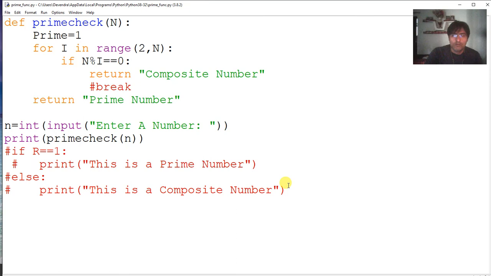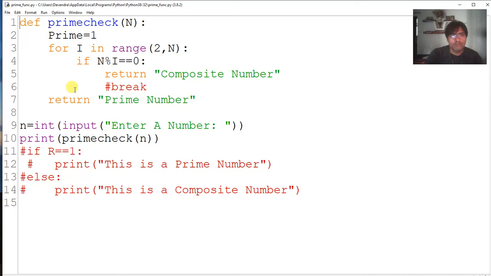Now let's see the same program with some changes. In this, the program is same, but this time we are not returning the value of prime. We are returning directly the string. And the program, as usual, it will start from line number 9, where we put a number in n.